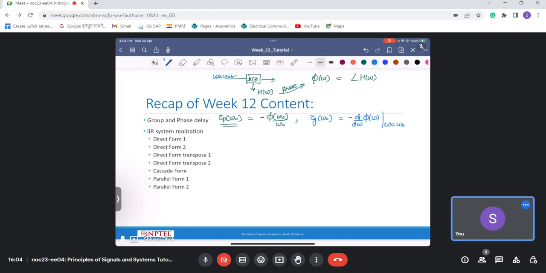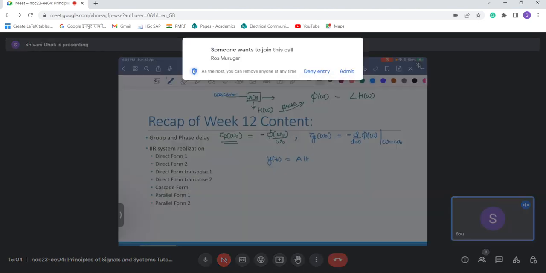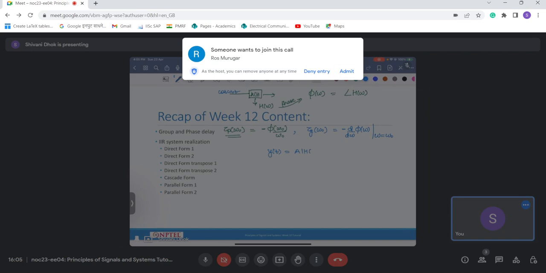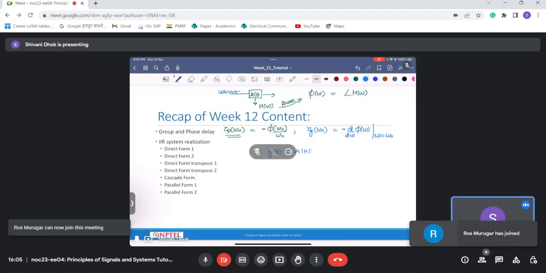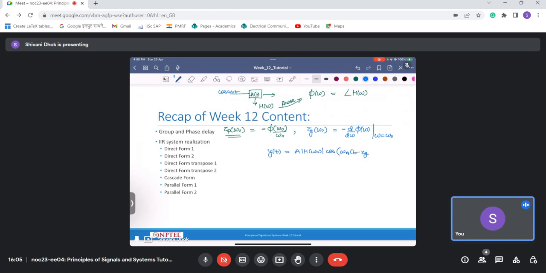Now if I have an output of the system something like this, that is y of t is equal to magnitude of H of omega naught times cos of omega m (t minus tau g) into cos of omega naught (t minus tau p). So here this is my group delay and this is my phase delay, and omega m is basically the frequency corresponding to the message signal. So this is message